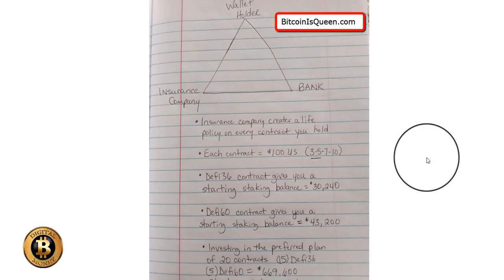When you create your wallet, they have an introductory offer, and I'm not sure how long they're going to have that, whereby you buy 10 3-year contracts, which is $1,000. They will give you 5 free contracts. So you're getting 15 contracts for the price of 10. Those are 3-year contracts. Then, to maximize the number of contracts that you can hold in your wallet, you buy 5 more contracts. But this time you buy 5 individual 5-year contracts. That's another $500. So remember, each contract is only $100. So you have invested